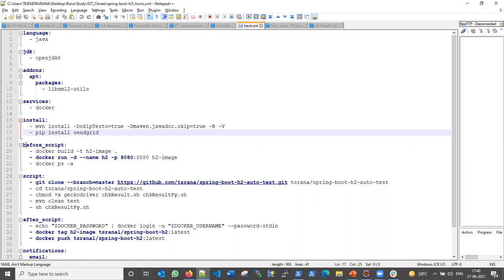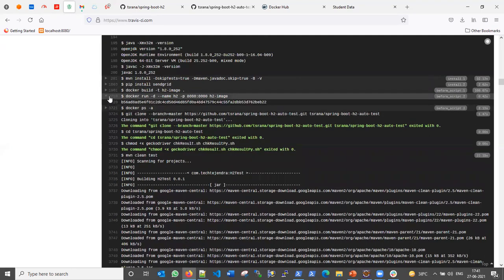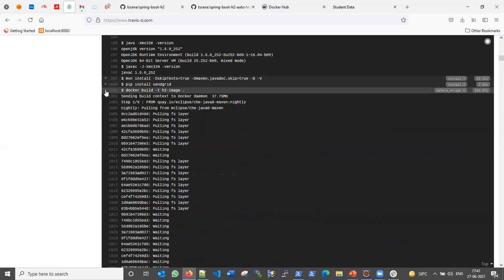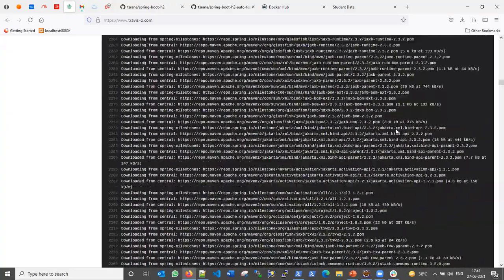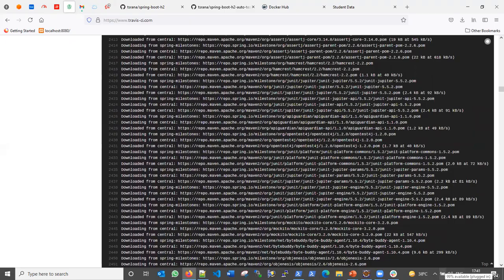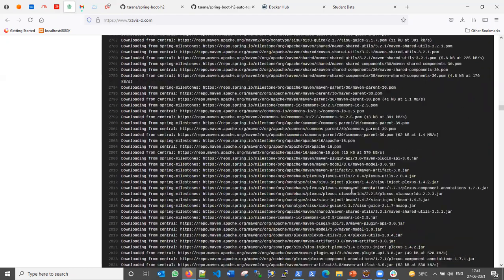Then after that it will start executing our Docker. If I show you this Docker, just a minute, yes, so this one. This is the image, and Docker. So it is getting the image. This is the Docker work it is doing from our code, building all the application, building the image. You can see a lot of downloading, because it is a Maven project, so it is downloading a lot of dependencies.